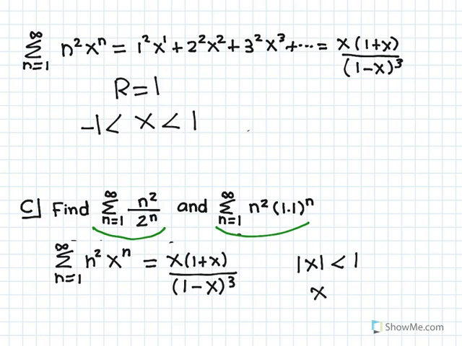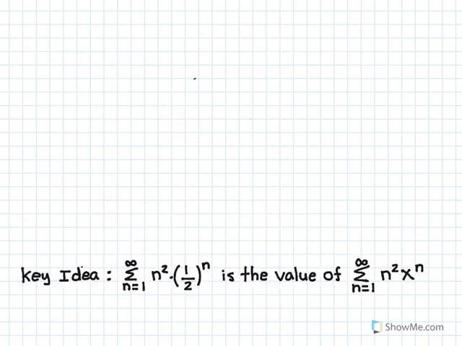This is the interval of convergence, x less than 1, larger than negative 1. Now let's rewrite the summation n equals 1 to infinity of n squared divided by 2 to the power of n